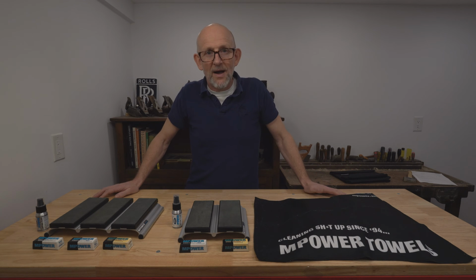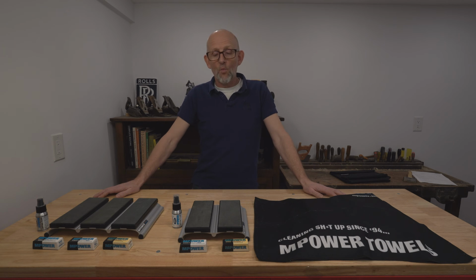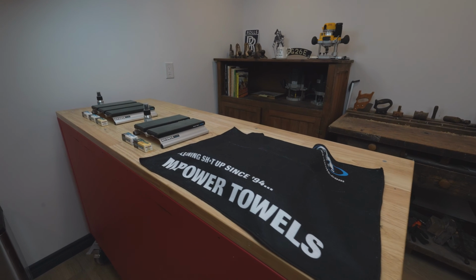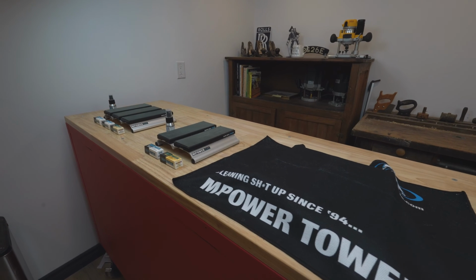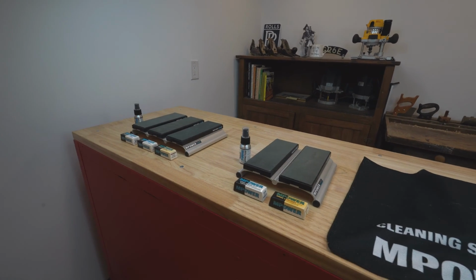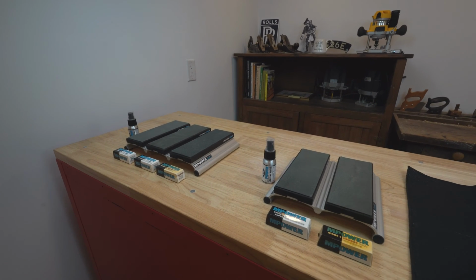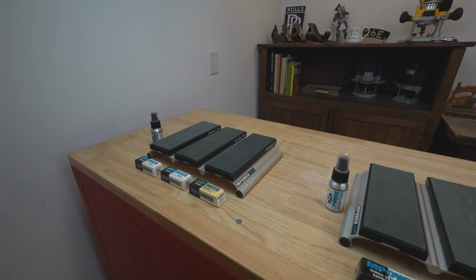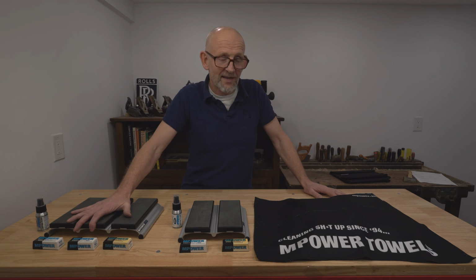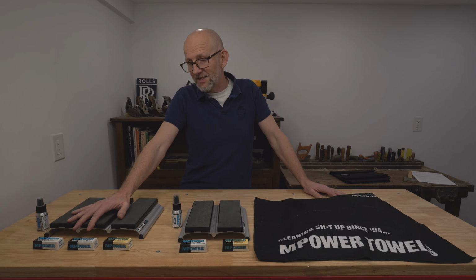I'd like to talk to you about a new addition. 18 months ago, we launched the SBS, a side-by-side, a 6-stage sharpening system for your workshop. That's 3 diamond grades and 3 leather strops, 3 different abrasives for those strops. Some people might think that's a little much, and in fact it's about a foot long, so it's a fairly